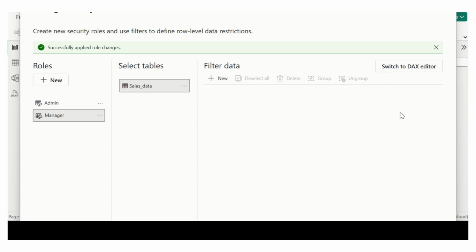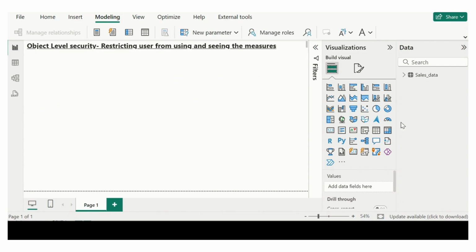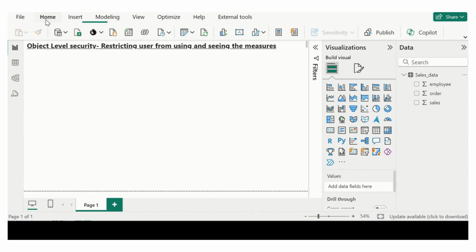These roles will define our object level security, and they will be able to see the different kinds of measures that we want them to see. To see the measures, obviously we have to create a measure so that we can restrict our view. Let me quickly create measures. First will be my sales measure.